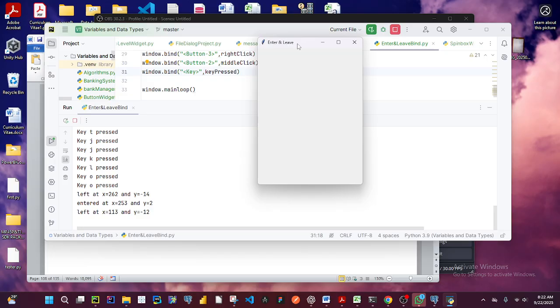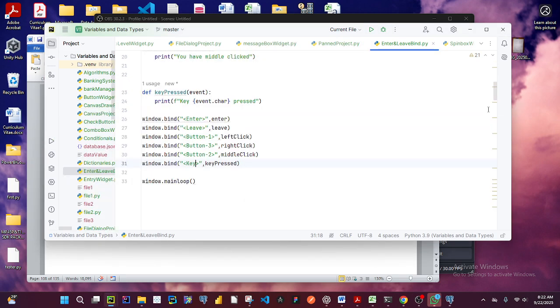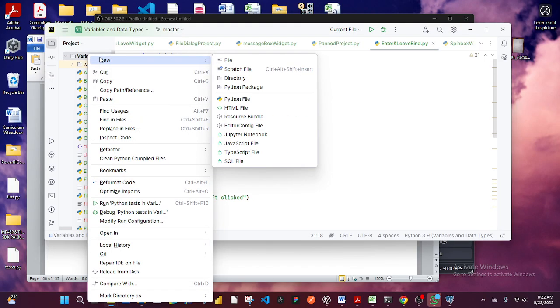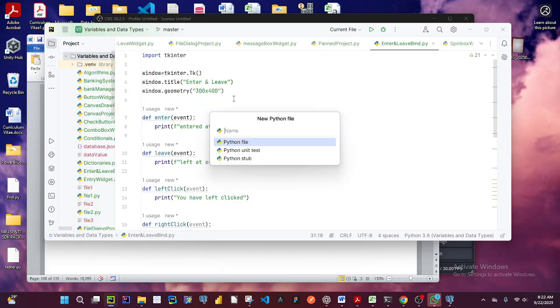It might have so many other types of applications, but the application that I'm conversant with is game development. All right, so that's how you can work with binding functions. Now, the next thing we want to look at is icon photo, how you can change the icon of a window screen. So I can just come here and I'll just call it icon photo